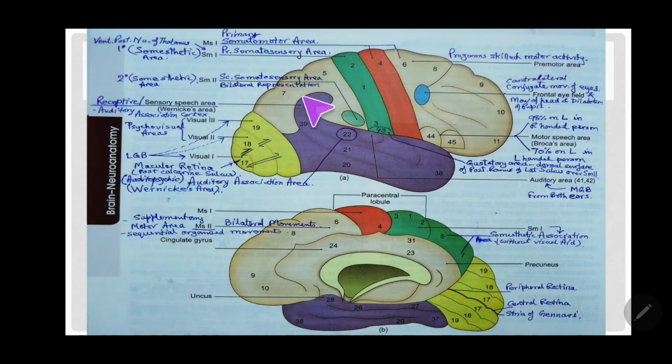So you got it now. Remember that this association sensory area is like a memory center of your past experience of tactile, discriminatory touch sensations. When you are visually occluded, it helps you recognize objects by the sense of discriminative touch, right? That's called stereognosis. So that was about the general sensations on the parietal lobe.